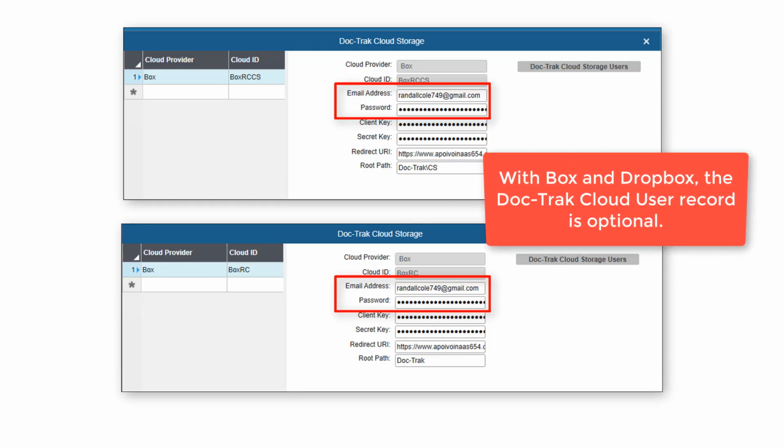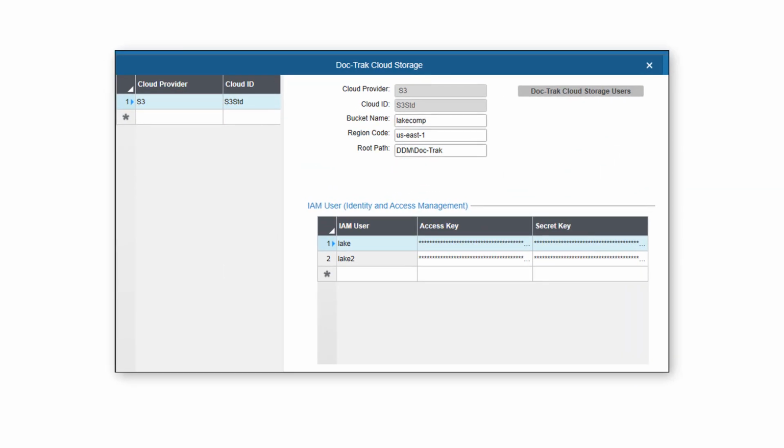At that point, setting up the DocTrack Cloud Storage user record is optional. You would only do this if a particular user had different access restrictions than those of the user specified on the Cloud ID. But the process is quite different with the S3 storage feature for AWS.